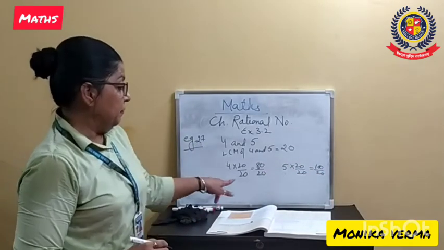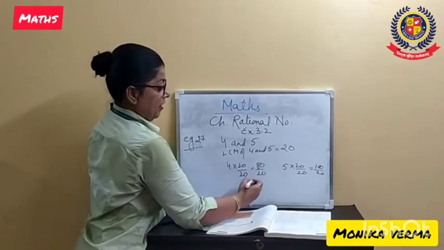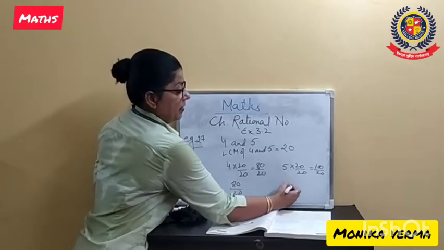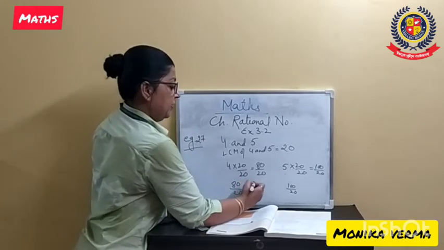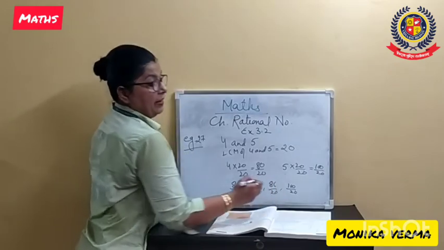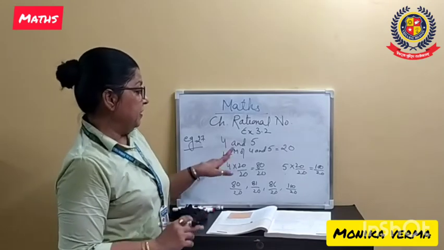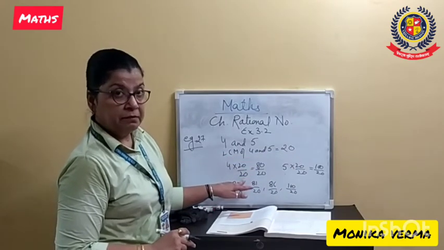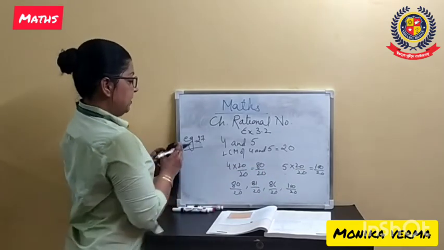So what have we done? We have made the denominators the same. So now we are having 80 and 100, and numbers between 80 upon 20 and 100 upon 20. We have to write two rational numbers. We can write any, 81 by 20, 86 by 20, or you can write any two rational numbers of your choice. Okay. What we have done, we have taken the LCM. Whatever the LCM is, we have to multiply and divide the number by that, and then between them we find the two rational numbers. Let's try one more.